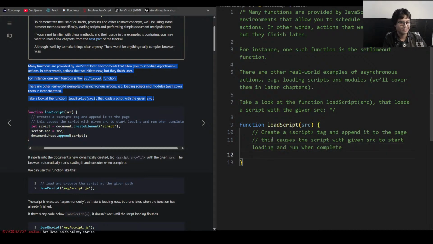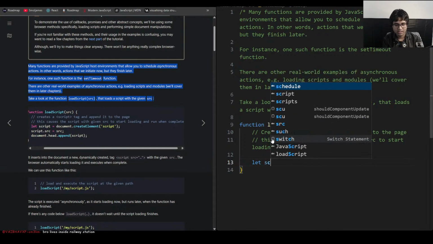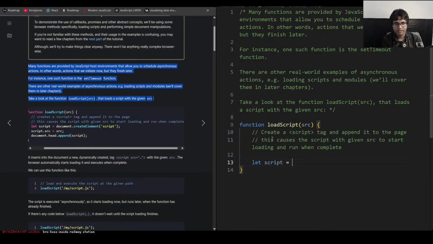Bro lives inside railway station. How do you know? You can hear the background noise. Well,